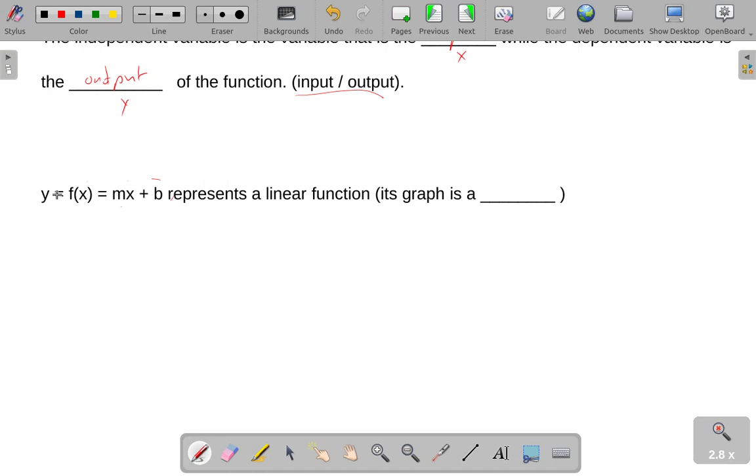For all intents and purposes, it's just a line. You don't even have to think of it as a graph, or as a function, but it is a function. All right, and moreover, it's called a linear function. Its graph is a line, with a slope of m, and a y-intercept of 0,